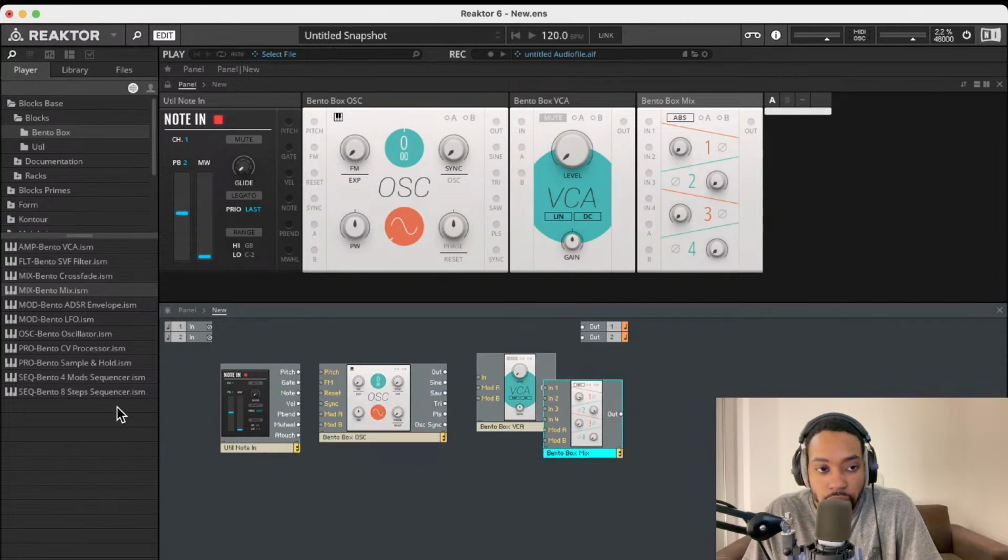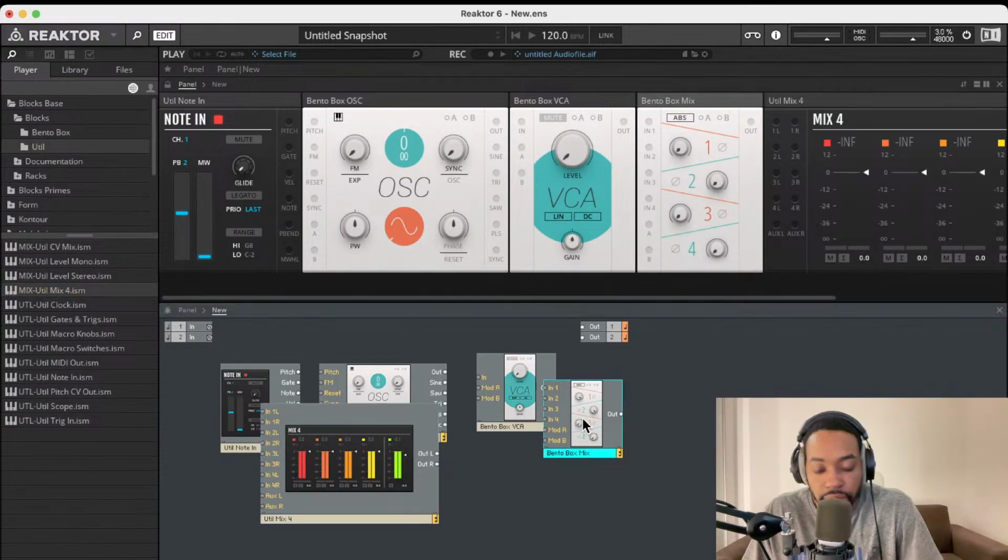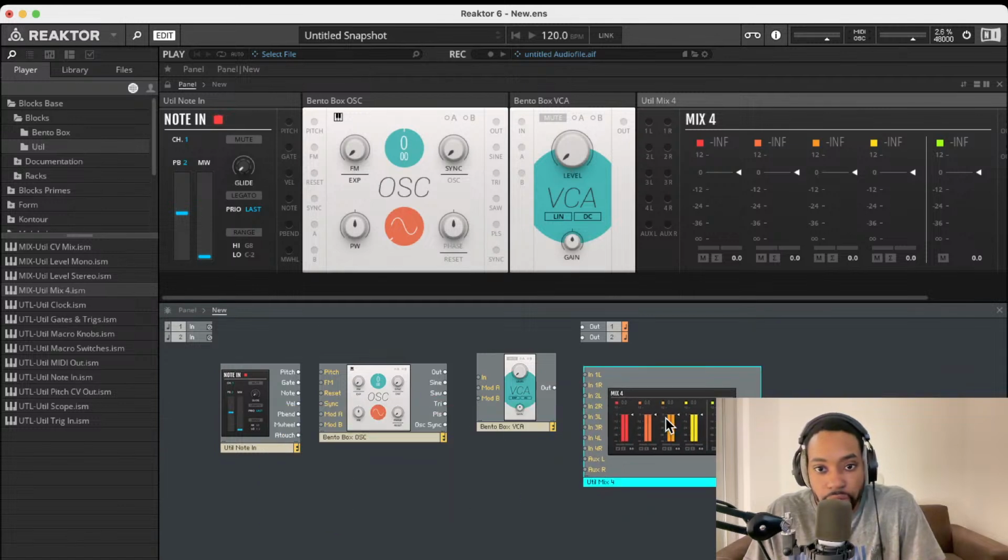Okay. And let's add in the Mix 4. Okay. Now, we have the basic components of our synth. So now to create the riser, this will be the setup of our foundation, and I'm just going to show you how that looks. We're going to connect it up,